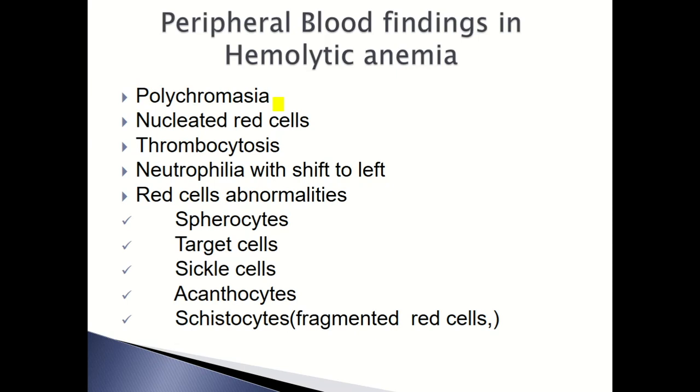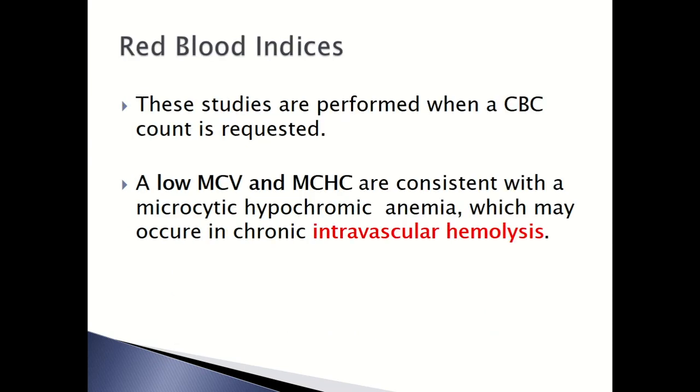If you are asked about any hemolytic anemia like thalassemia minor, sickle cell, hereditary spherocytosis, or autoimmune hemolytic anemias, for all kinds of anemia the blood picture will remain the same. In sickle cell anemia, sickle cells may be specific. In hereditary spherocytosis, spherocytes are specific. In hereditary elliptocytosis, elliptocytes are specific. But these first four findings are almost similar in all hemolytic anemias.